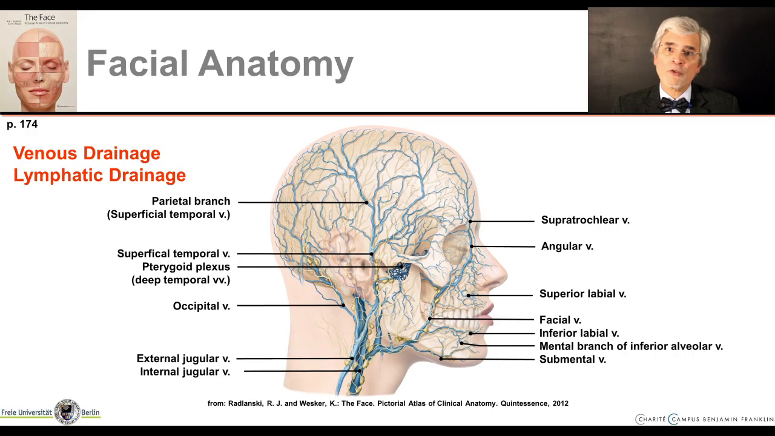And the lymphatic drainage is shown in yellow in this picture. This is highly variable, but essentially follows the course of the veins. And the external jugular vein then flows into the subclavian vein, or sometimes into the internal jugular vein. And the internal jugular vein joins the subclavian vein to form the brachiocephalic vein, and from there it goes to